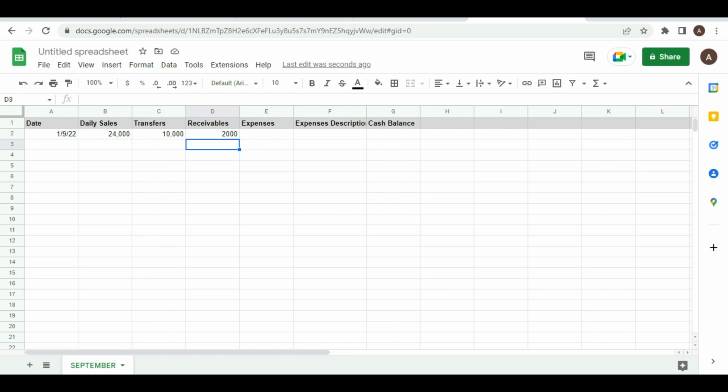So for the day, the cash balance is going to be the daily sales minus the transfers minus the receivables. Then you have 12,000 cash balance. Although for me, I prefer to have a cash balance at the end of the month. At the end of the month, that will be after